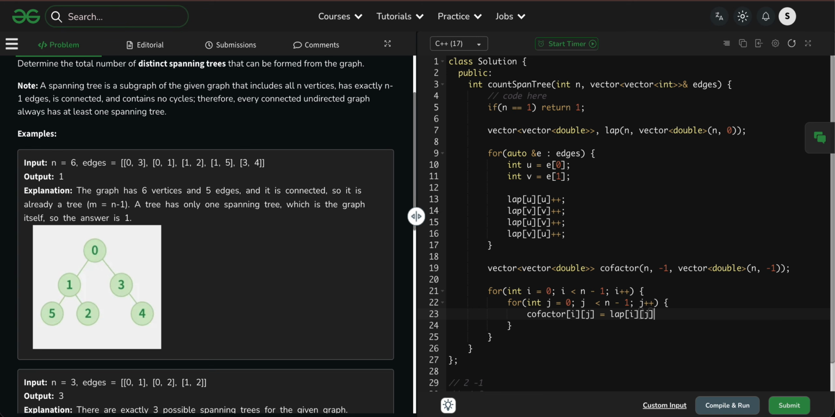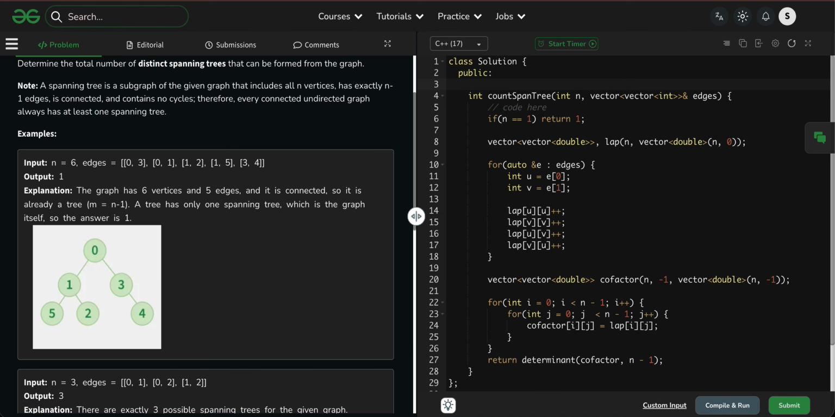Now determinant gives answer, so the return of determinant of cofactor of n minus 1, राइट, दिस इज। तो अब इसको उठाते हैं और इसका फंक्शन लिखते हैं, ठीक है, बिना लेट किए। ये फंक्शन ही सब चीज़ करता है।